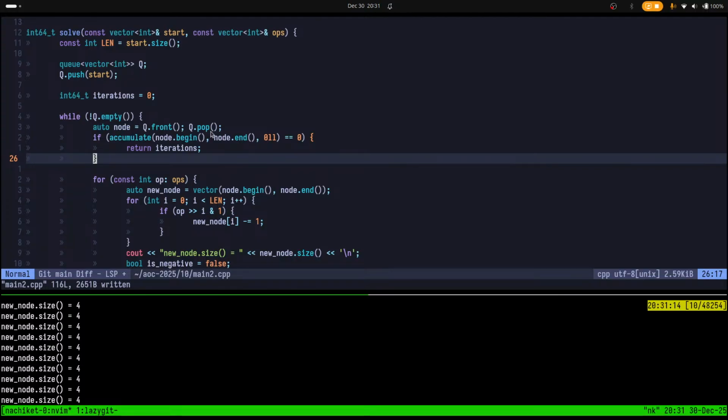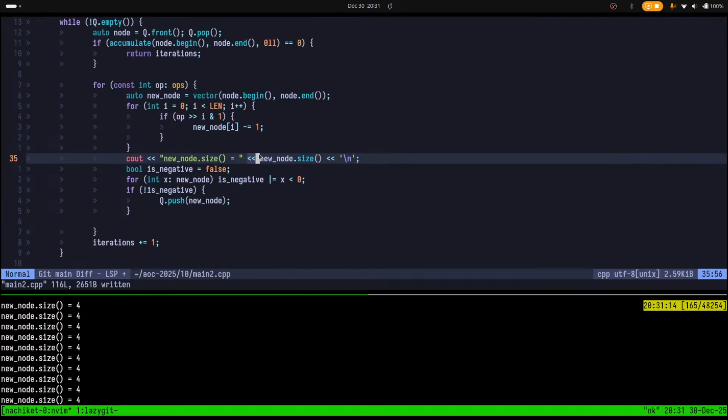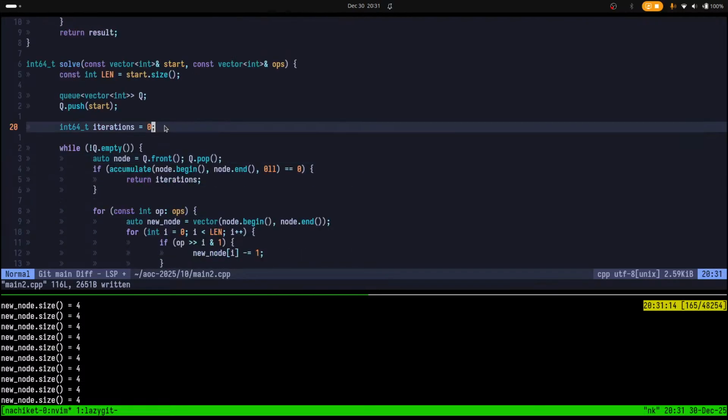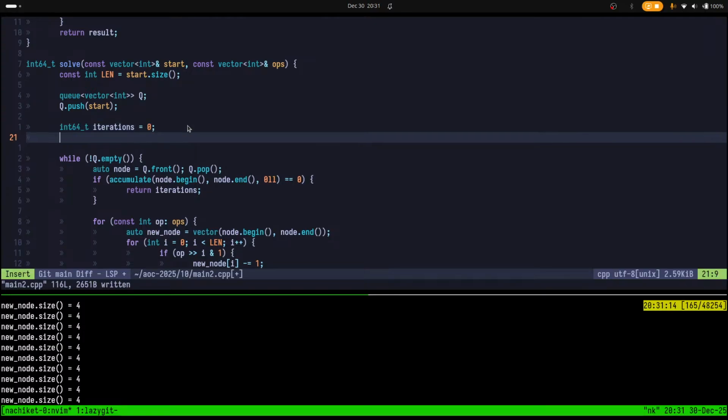Is the assumption for a directed acyclic graph wrong here? Because this should not be creating the same nodes again and again. Let's add the condition for that as well. So let's say we have a set of vector of ints, visited,